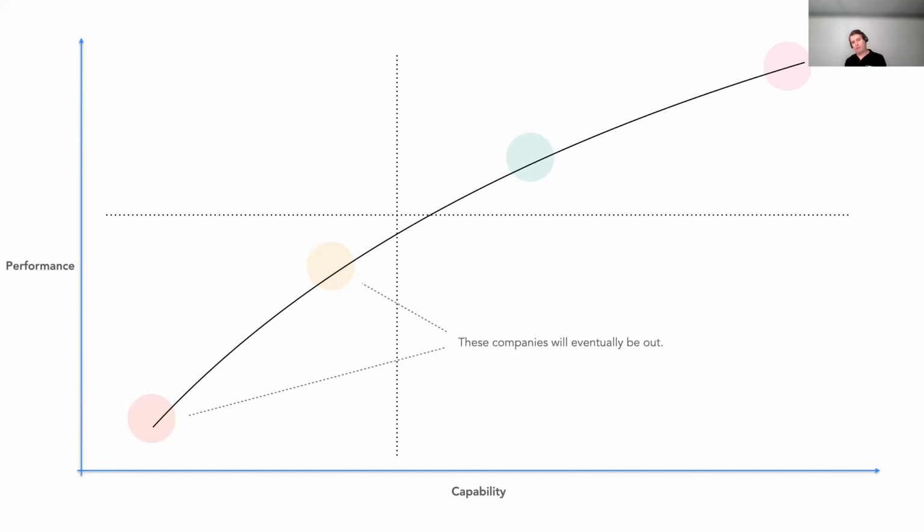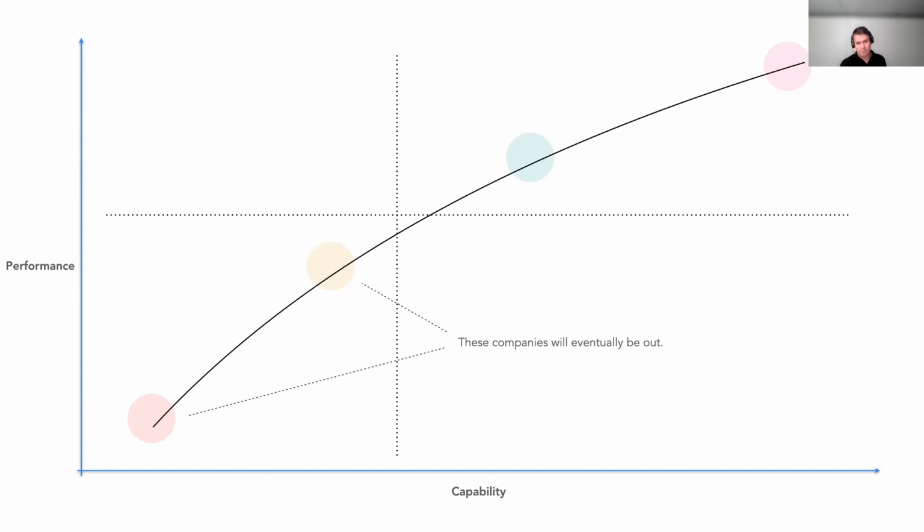And now we have these companies here. They are stuck there, and this will eventually be out. It means, well, perhaps they won't go bankrupt, but they will just become irrelevant in the market or irrelevant in the industry and the area where they are working. Right now the tech industry is advancing at giant steps. So if you got stuck in this place, it's very, very difficult to come out of it.